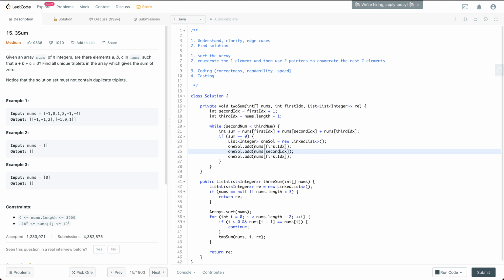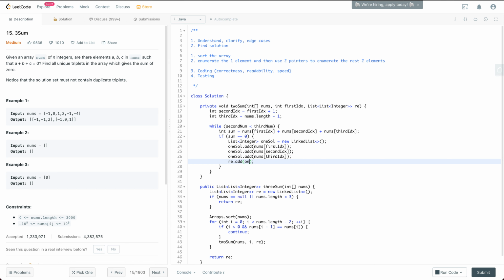So first, second, and then this is the third, and then we are going to have res.add the one solution. Otherwise,